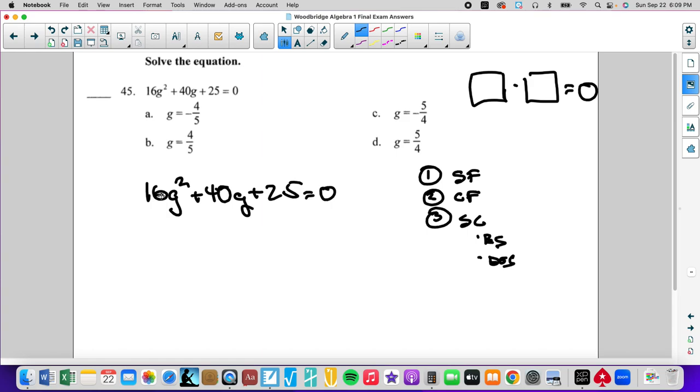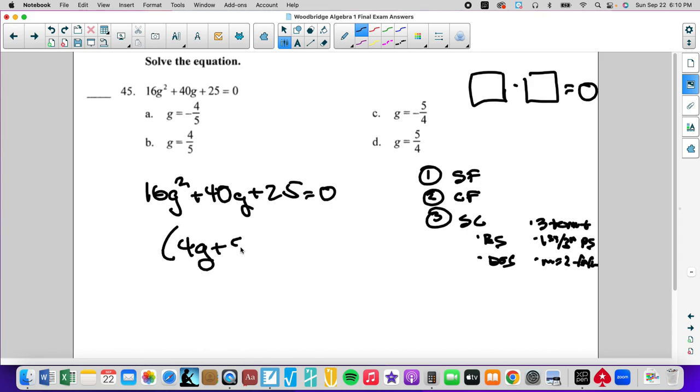I know by looking at this, a binomial square is three terms, and the third term is positive. First and third are perfect squares. Then, is my middle equal to 2 times the square root of the first times the square root of the last? The square root of this is 4g. The square root of this is 5. 4g times 5 is 20g. Double it is 40g. Then we know it's